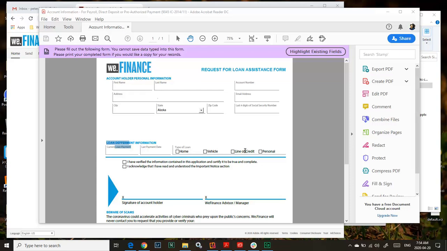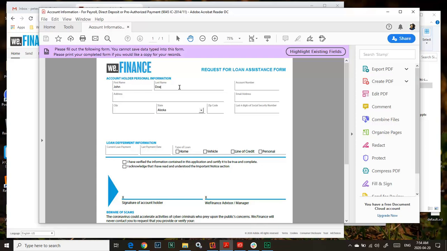For the first scenario, I'm going to show how to sign an interactive PDF form using the Adobe Sign dashboard. So here we've got an interactive PDF form. You'll see that I can click in, type in my name, for instance,